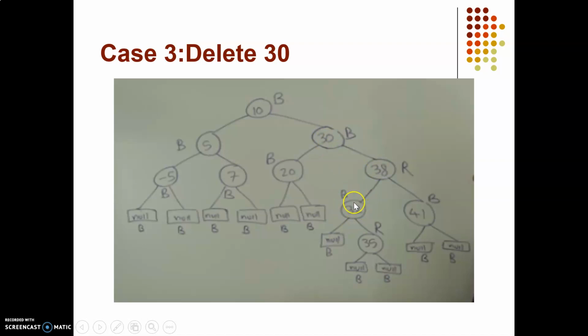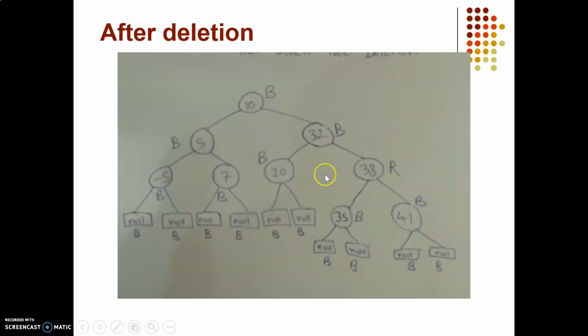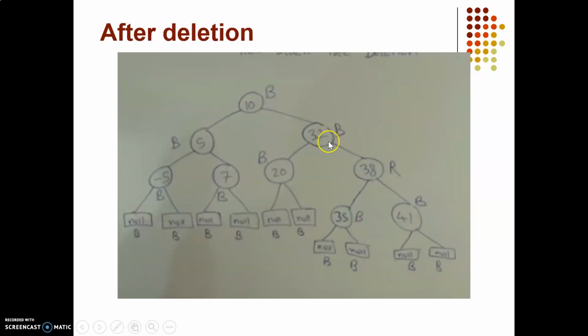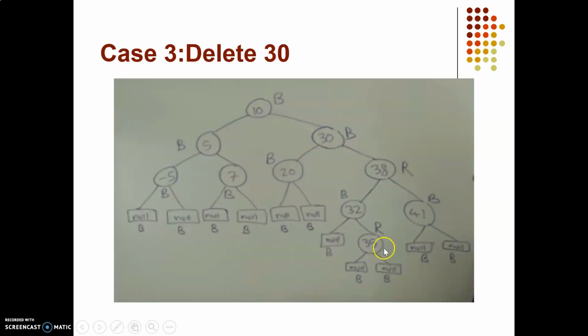Since we need to delete this particular node, we are going to check its child again. Since its child is of red color, this 35 will come here and it will become black color and this will be deleted. That means if we find the in-order successor and first replace it, and then we find that the node to be deleted has a right child, if it has a right red child, then we just have to do replacement and this can be deleted altogether. So this is the case. First we have replaced 32 here. So 32 is here. Then 30 is here.